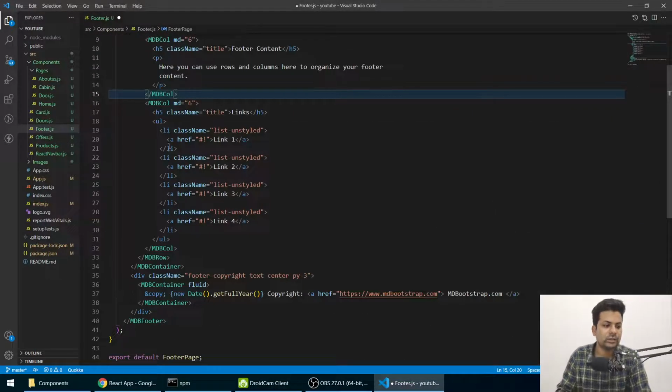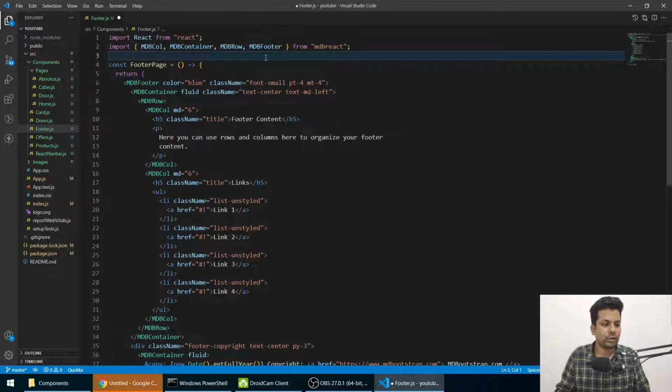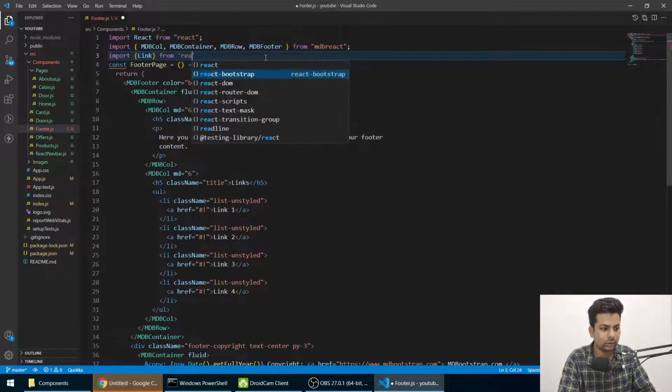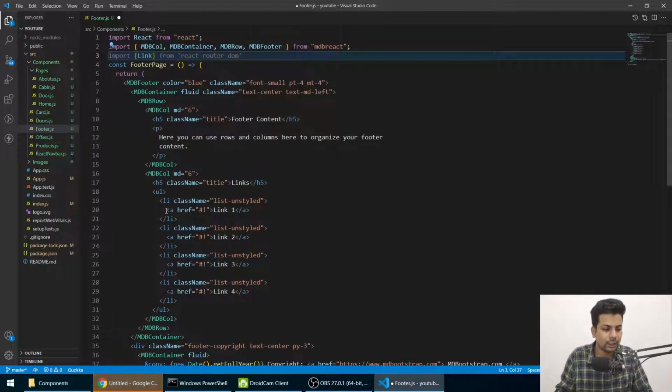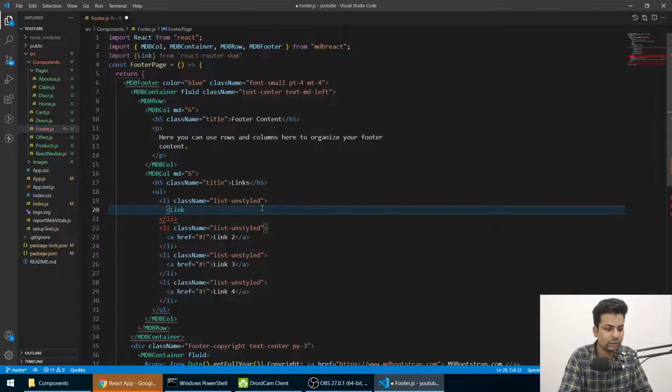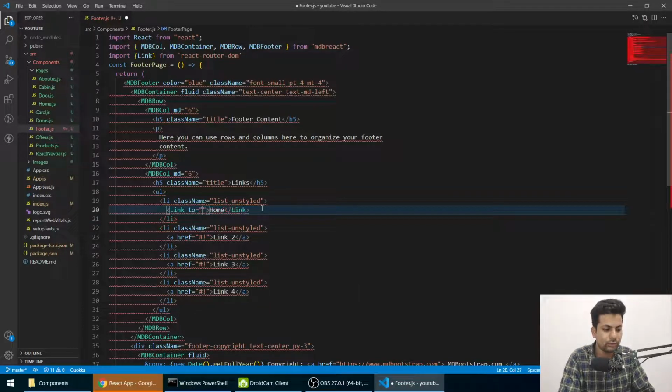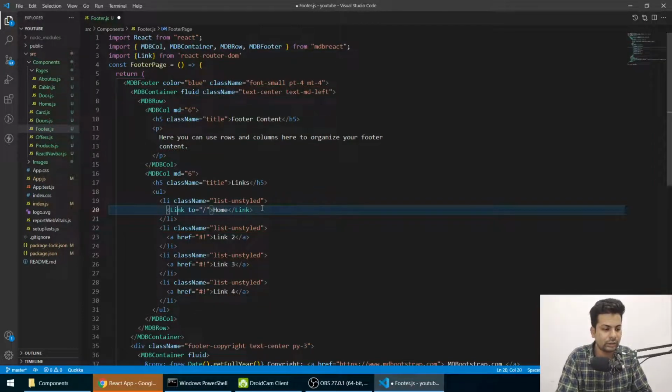And now here I'll paste import Link from React Router DOM. So we'll say import Link from React Router DOM, and instead of this thing I'll say Link, and I'll say Home, and I'll say to slash, and this thing I'll do for everything.